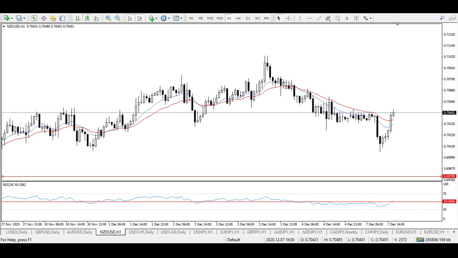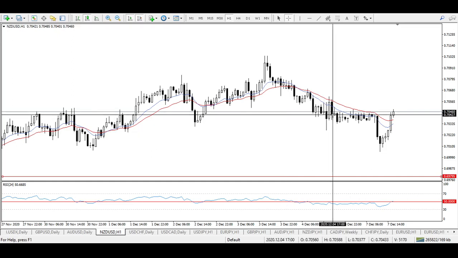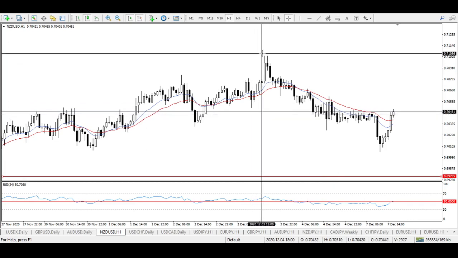So if you are very strict about the RSI in this strategy, you can wait for the closing of the candle. Otherwise, if you go back to late Friday afternoon, all the criteria were already fulfilled right here, and we should have taken a position here, so you should take the position right now. Because if our sell trade was already open on Friday afternoon, we would be holding the position. So we can do the same by opening the position right now, and then our SL will be here and